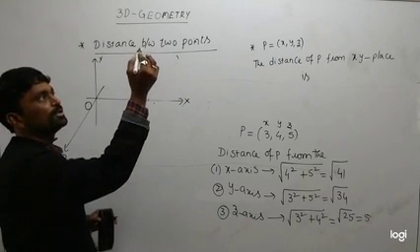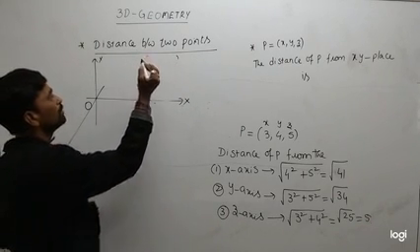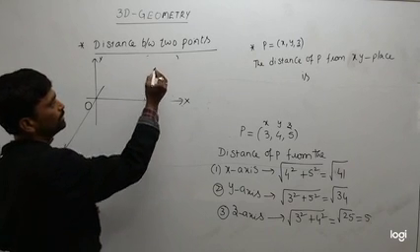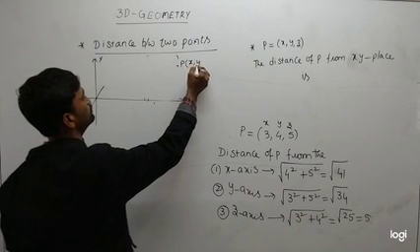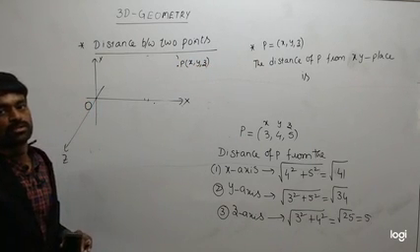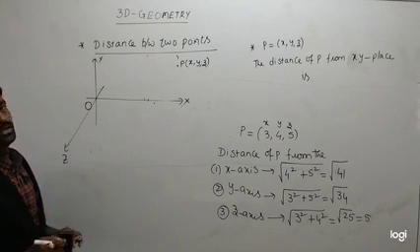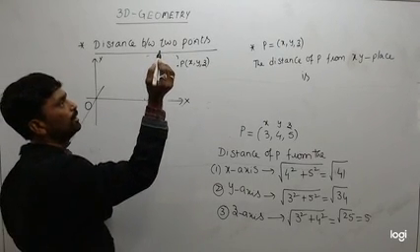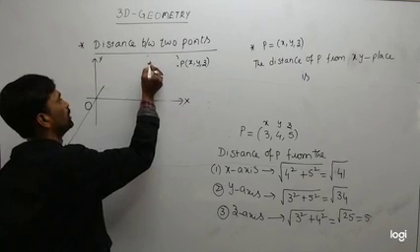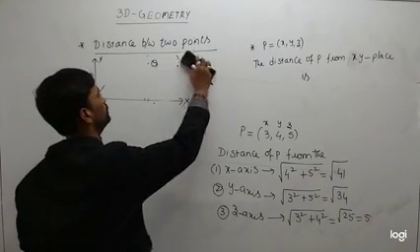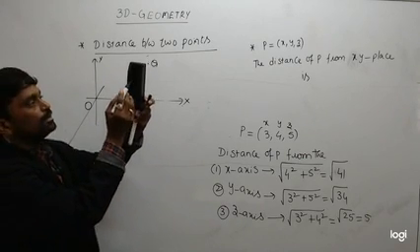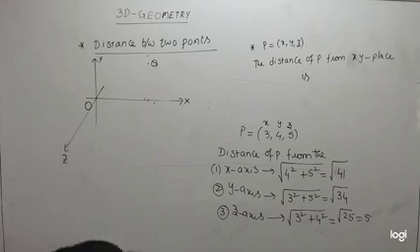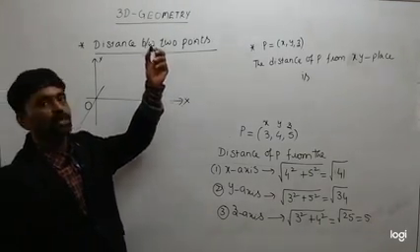So the point P is here. From P you have to draw a perpendicular. So P is here, from point P, x, y, z. You have to find the distance of P(x, y, z) from the xy plane. So imagine the point P is here. From that point P you draw a perpendicular. Let the foot of that perpendicular be Q. Wherever the duster is, that is the position of P. Or wherever the cap is, that cap position is P.